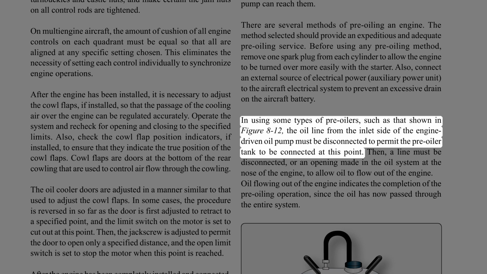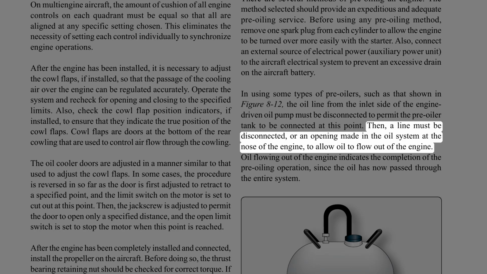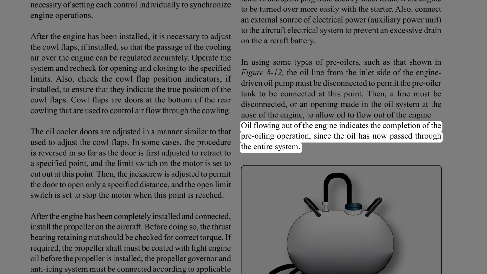In using some types of pre-oilers, such as that shown in Figure 8-12, the oil line from the inlet side of the engine-driven oil pump must be disconnected to permit the pre-oiler tank to be connected at this point. Then, a line must be disconnected, or an opening made in the oil system at the nose of the engine, to allow oil to flow out of the engine. Oil flowing out of the engine indicates the completion of the pre-oiling operation, since the oil has now passed through